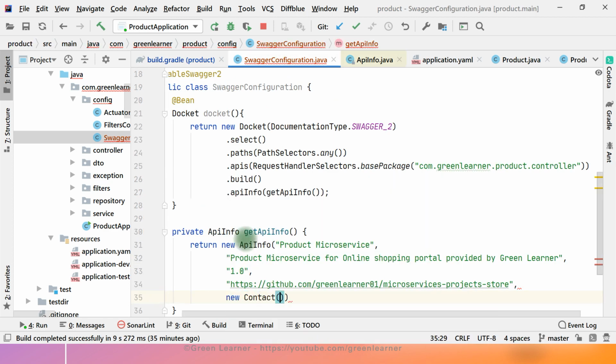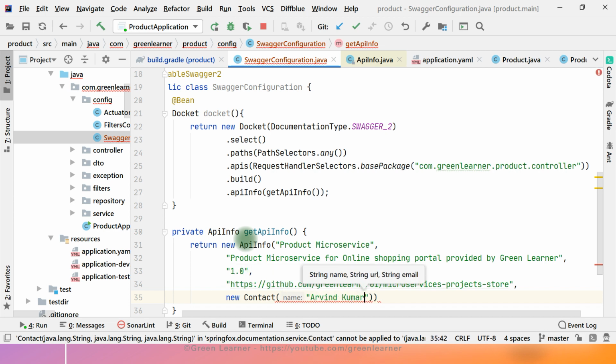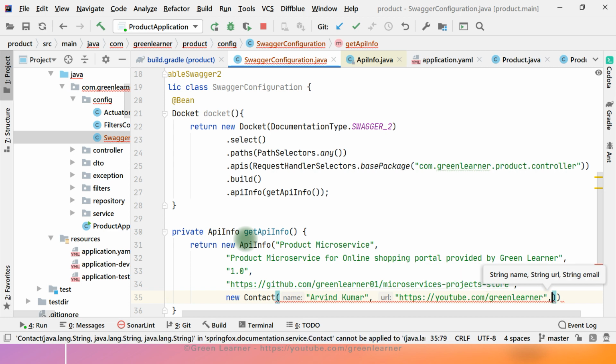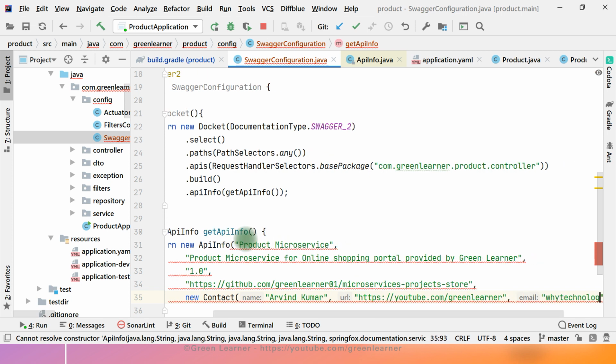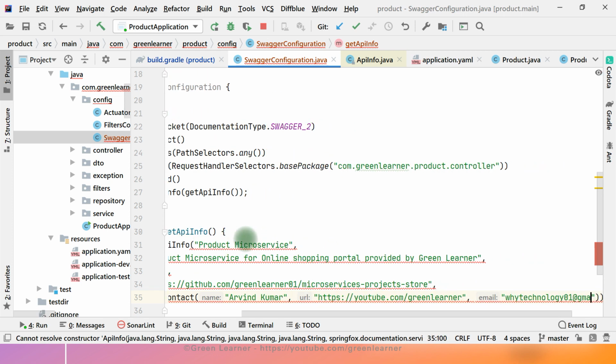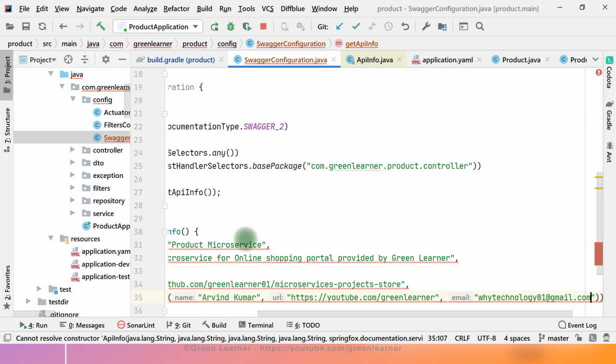For that we have this new contact. So Arvind, just putting my name, and then we have to give some URL. So just put the name of the channel as URL, and then I have to mention the mail. So this is the official mail ID.